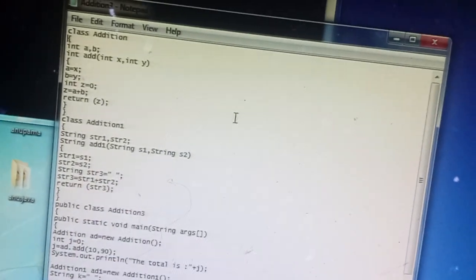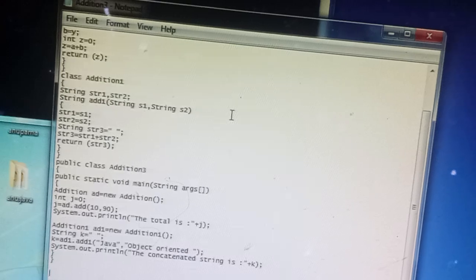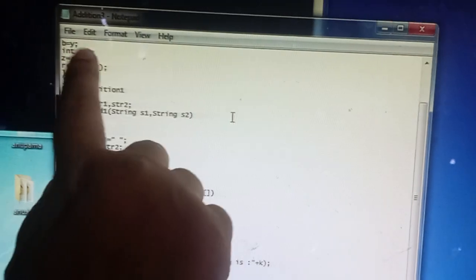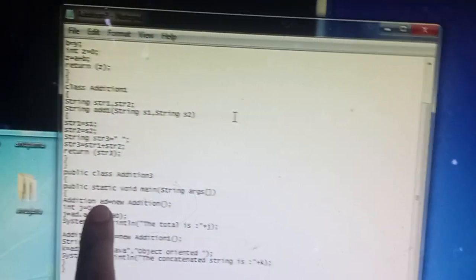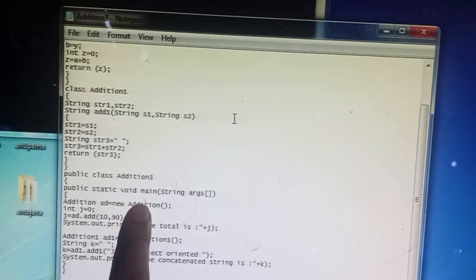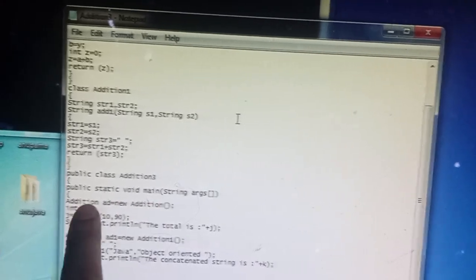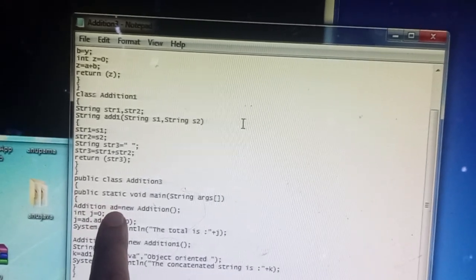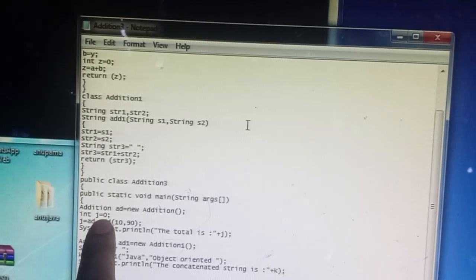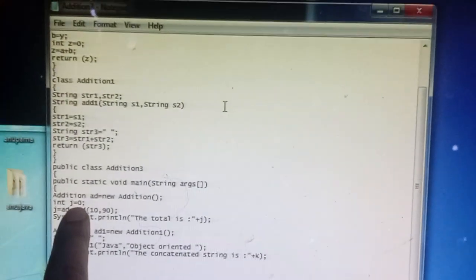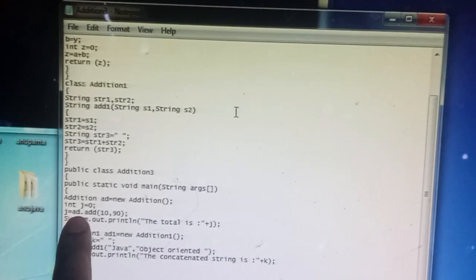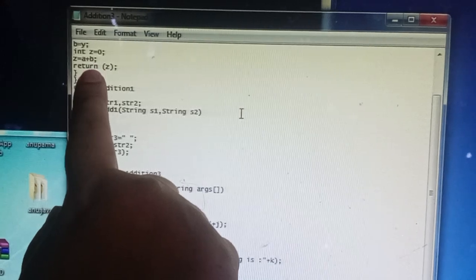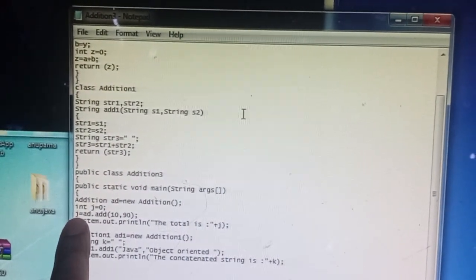Next, coming to the last class, public addition 3, which has the main function. In that, first we create the object of the first class addition. By this statement it creates an object of type addition, the name is ad. Then I created one more variable, which will store the returned value. It is returning an integer, so that will be stored in the integer type j.